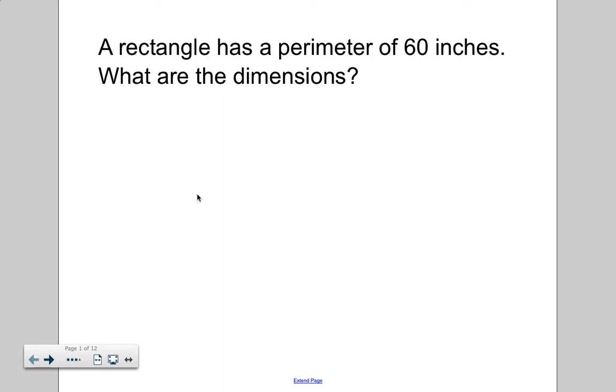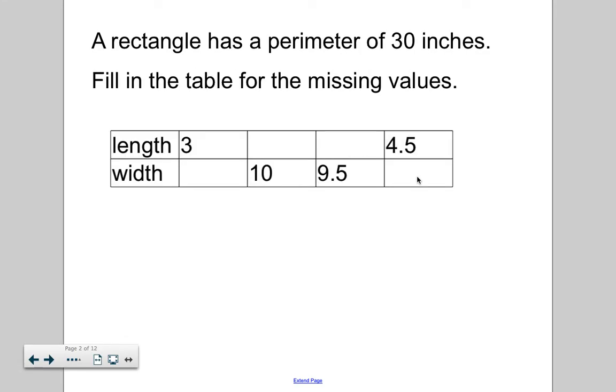I know that two lengths plus two widths equal the perimeter of a rectangle. So you could do a lot of different things. In class we discussed this and talked about ones that had mistakes and what they were. But I'm hoping you realize that we can't just pick any two numbers. We can't say 4 and 12, because they won't work. We need them to meet the condition of equaling 60 inches, but there are two variables